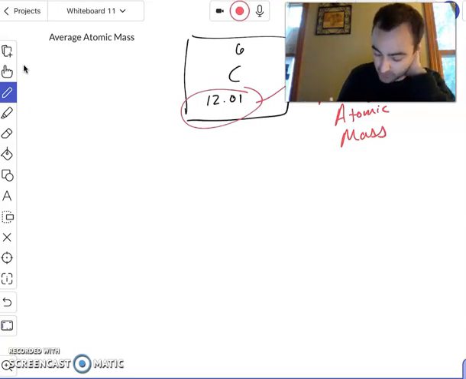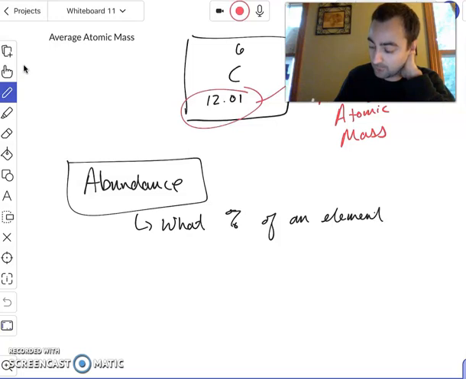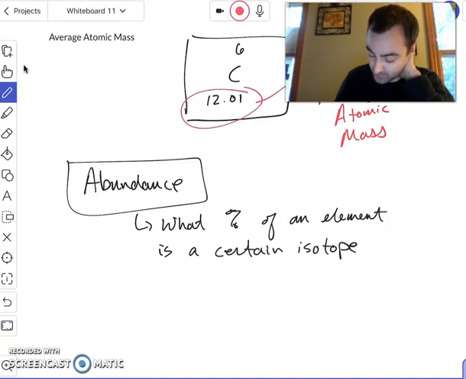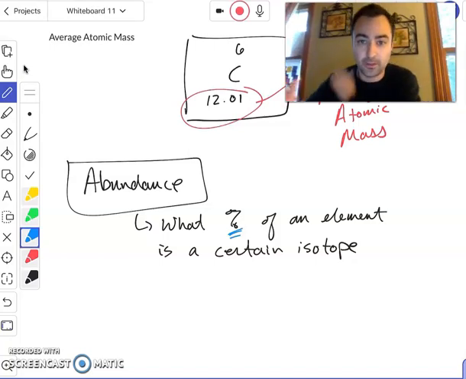So we're going to use a couple new terms. The word abundance is what percent of an element is a certain isotope. Okay, so this is a percentage. So when I give the formula for average atomic mass, when I use a percentage symbol, that's talking about the abundance. So hypothetically, if you had 3 different isotopes,